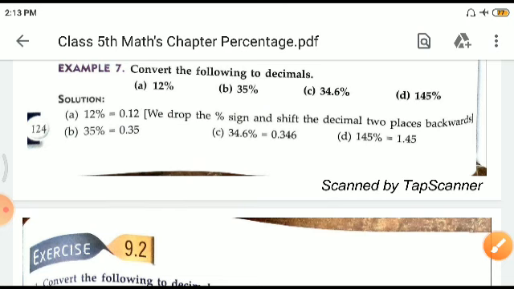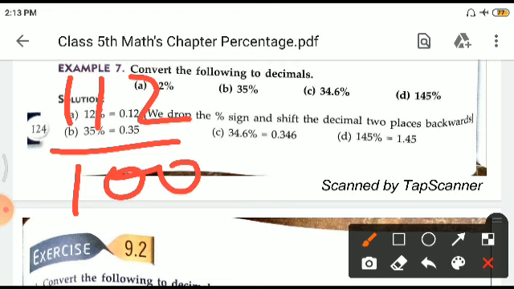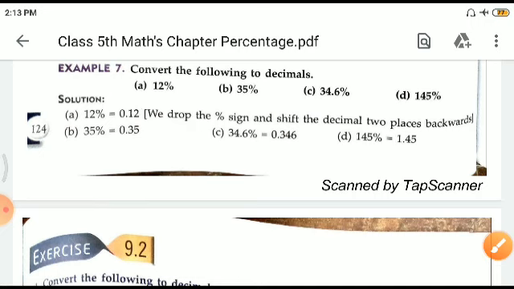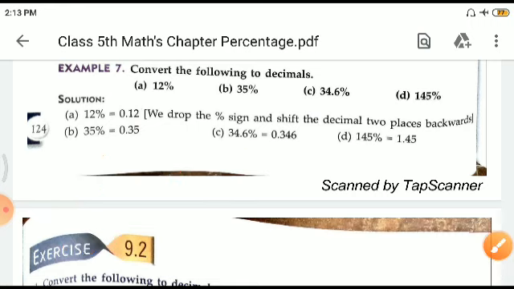Suppose this number was like 1, 1, 2 upon 100. Then simply we will be putting a decimal, 1.12. Right, children? But always remember that percent is upon 100. Percent means upon 100, and wherever of is written, what you are going to do? Multiply. Right? Okay. Now see, in the first one, what they have done? 35%, 35 upon 100. Right? Same thing, 0.35. See the second one?